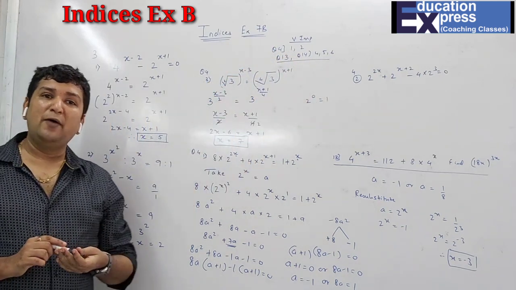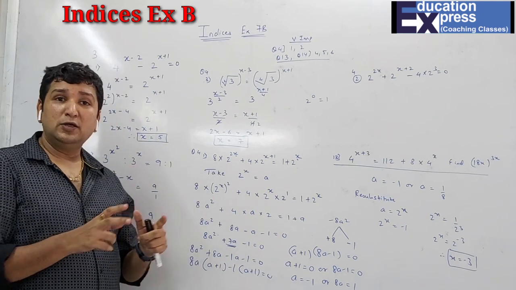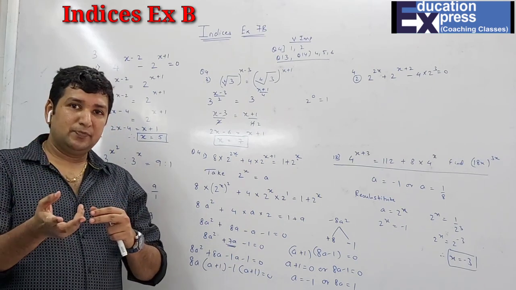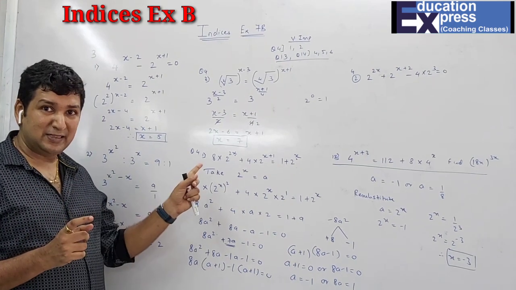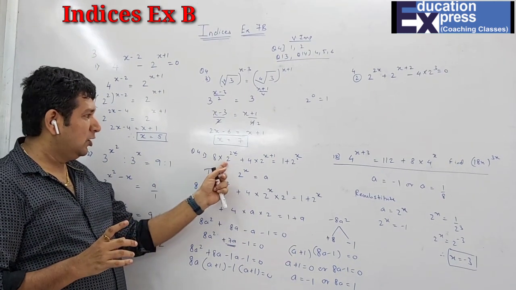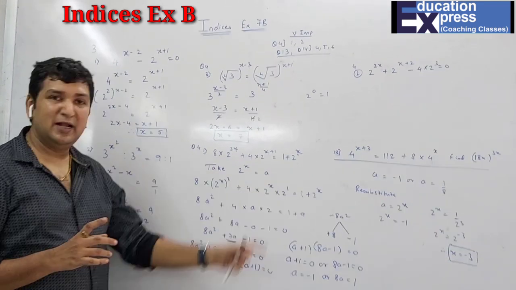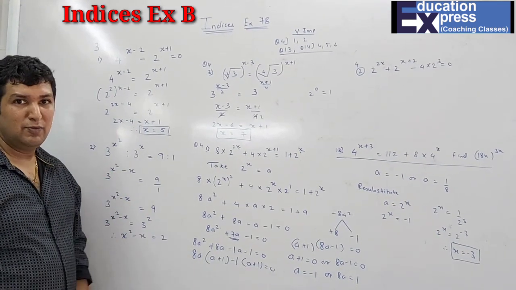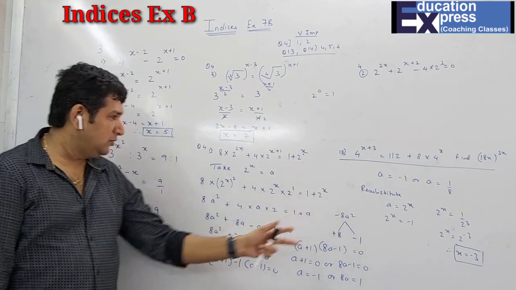So this type, how do you come to know? There are 2 points. First is when you have more than 2 terms. And second point, whenever you have a certain base whose power is a variable, and that will be common. Like here, obviously 2 raised to x, 2 raised to x and 2 raised to x was same. So that I have taken as A. So I will do now more sums based on the same concept. So question 4th ka first, you can just note it down. I have done over here.